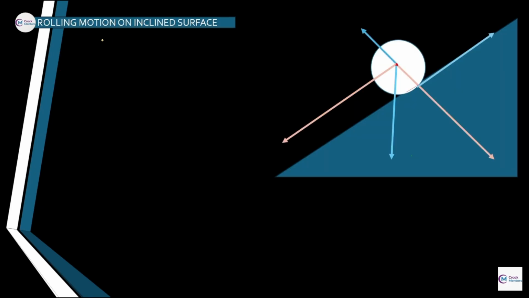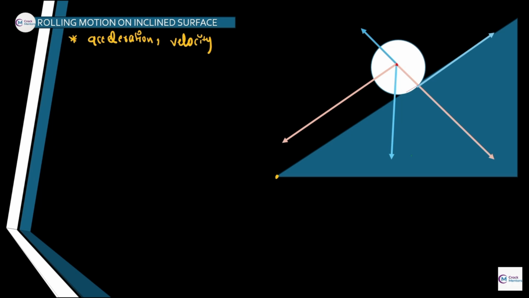Now let us talk about rolling motion on inclined surface. What do we have to solve in this thing? We have to solve the acceleration of the body, and the velocity of the body, which it may have at any height. Okay, I'm assuming that you are getting my each and every point very correctly. If you are getting my point, then let me know about it as well.